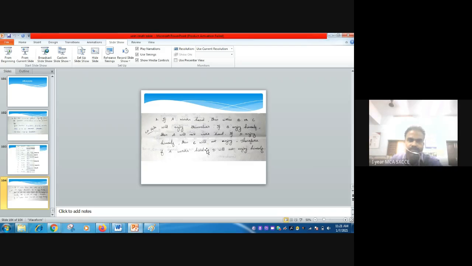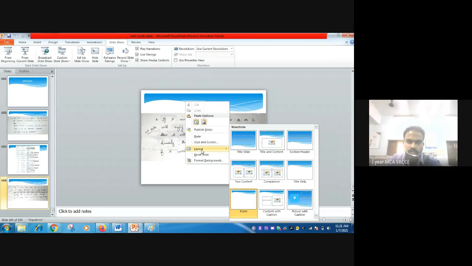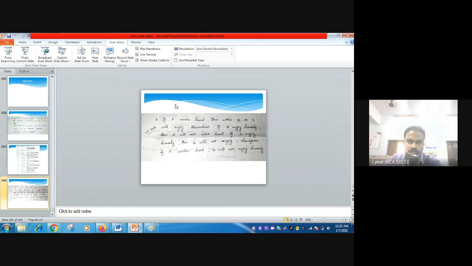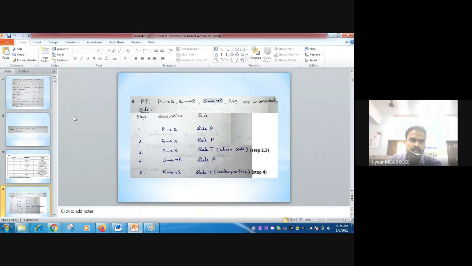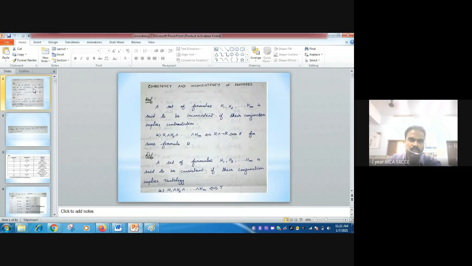So this is a problem using the CP rule. It is a homework problem. So please do this homework problem, right? So this is the next topic, that is